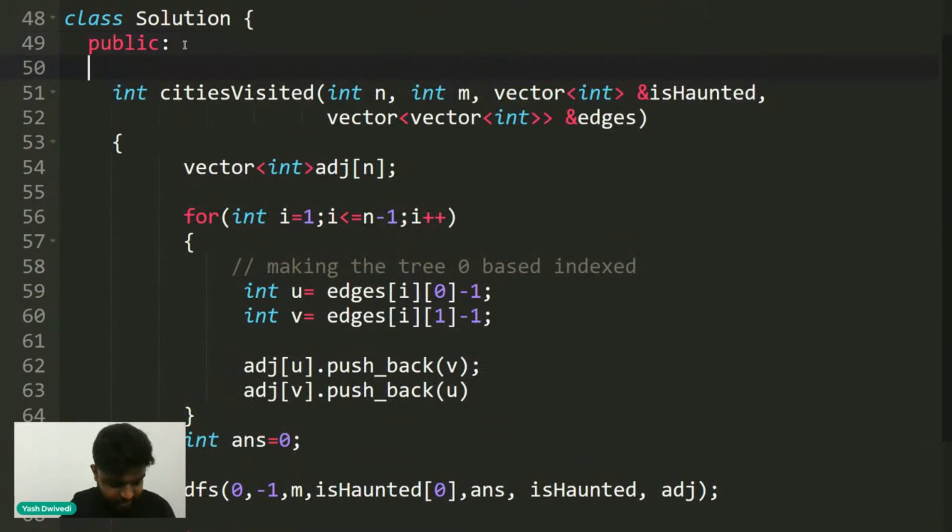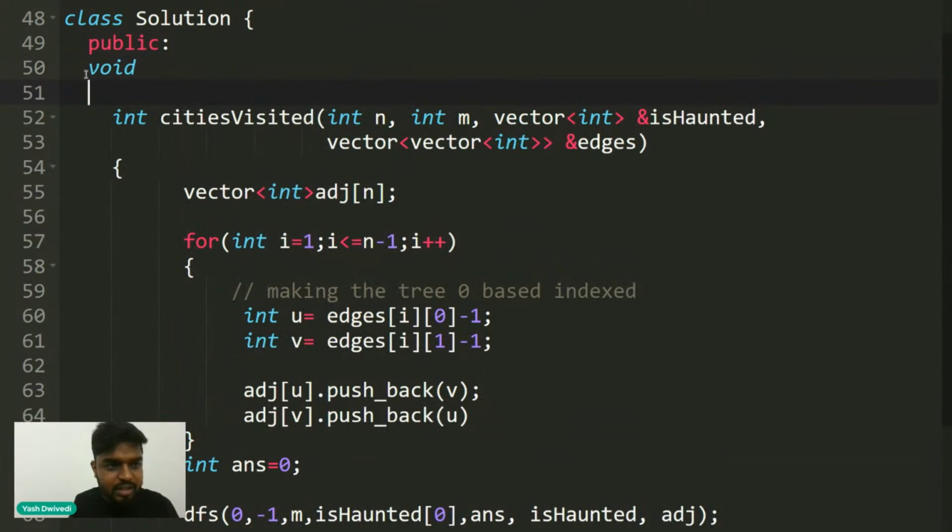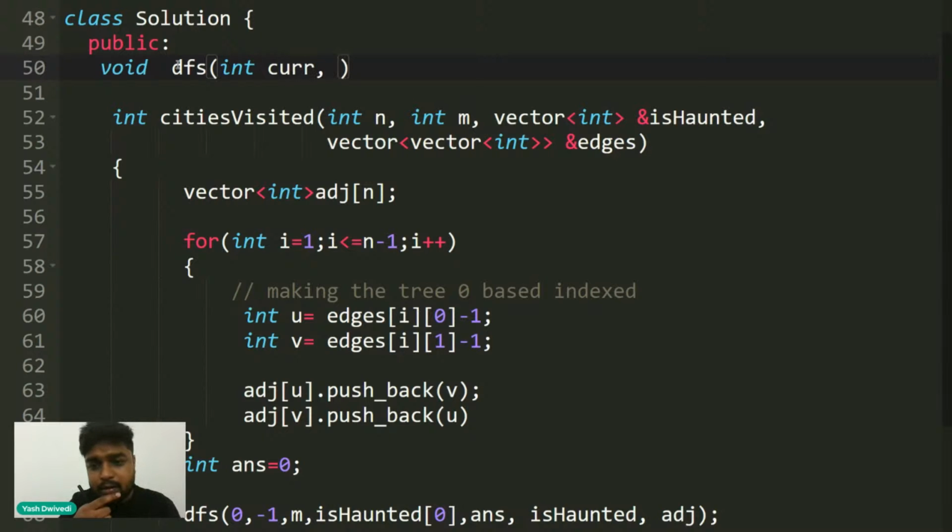So now after this, I'll write a void DFS function right here. In this DFS function, I'll have the current node. Then after the current node, I also need to know its parent. Then I'll pass the m value. Then I'll pass int count, that is the number of haunted houses that I visited.